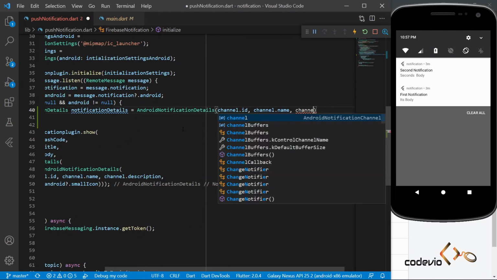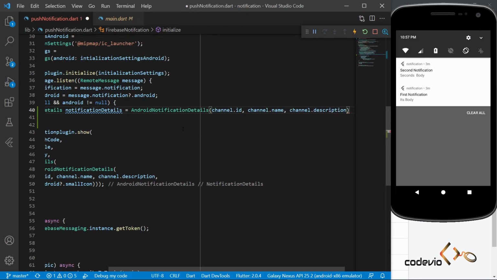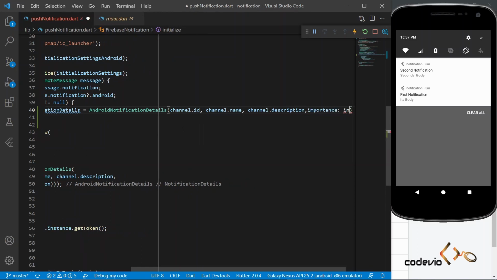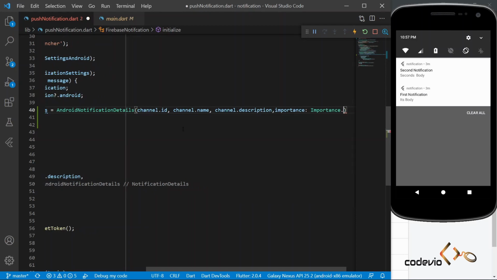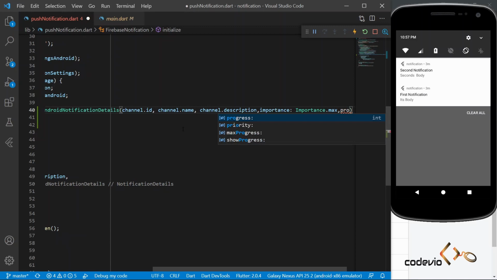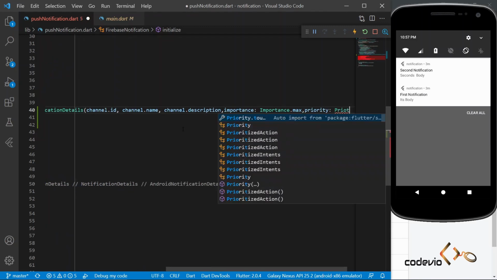Okay, the third parameter has been done. Next we need to give an importance for it. Let us give Importance.max, and then let's change its priority to Priority.high. So it will be a high priority one.